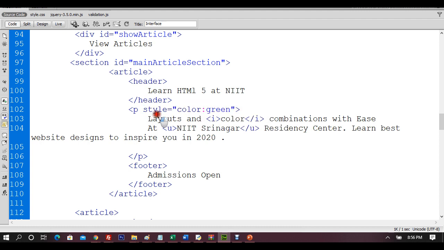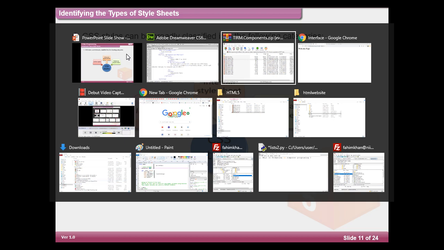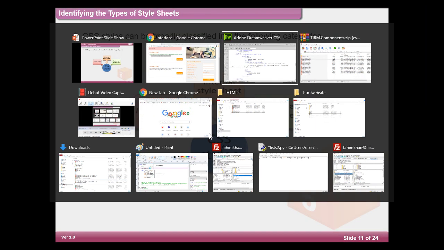What do you call this? Go to the body or open the tag. As soon as you open the tag, write style, and after that within quotes start styling it. So you can write anything. Color is equal to green. I'll show you if the color has turned green or not. Right, you can see clearly the color has turned green,